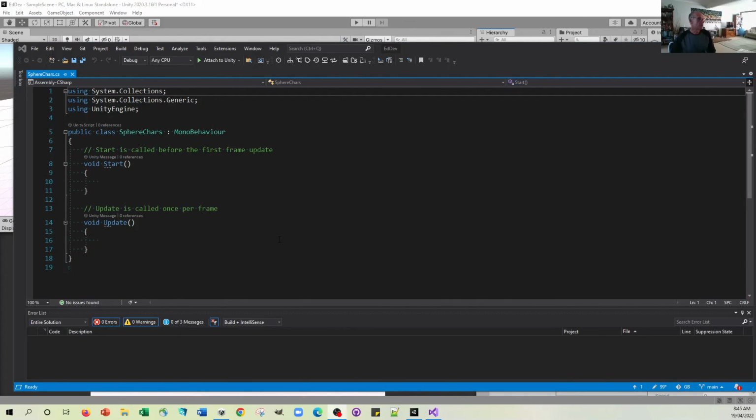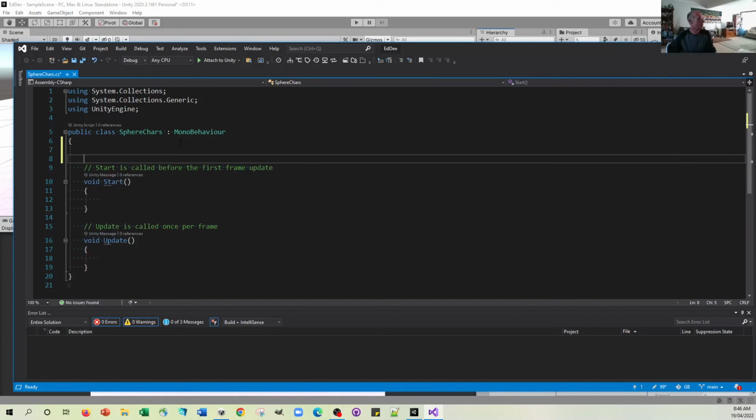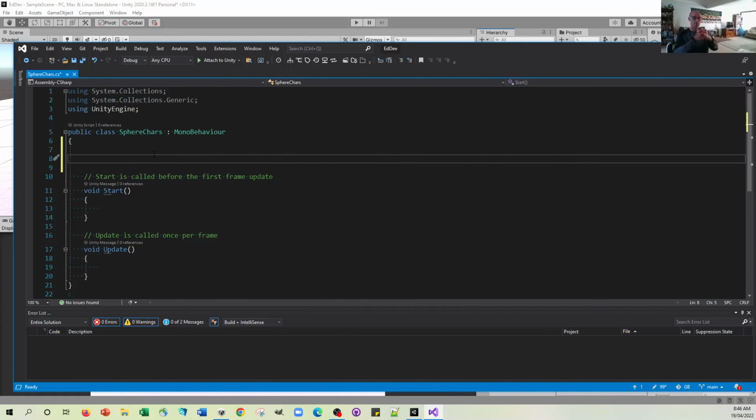Now what I want to do is make something that will allow us to dynamically change the size of the ball without having to go to the transform. So to do that, I'm going to actually create a variable that will actually be the radius or the diameter